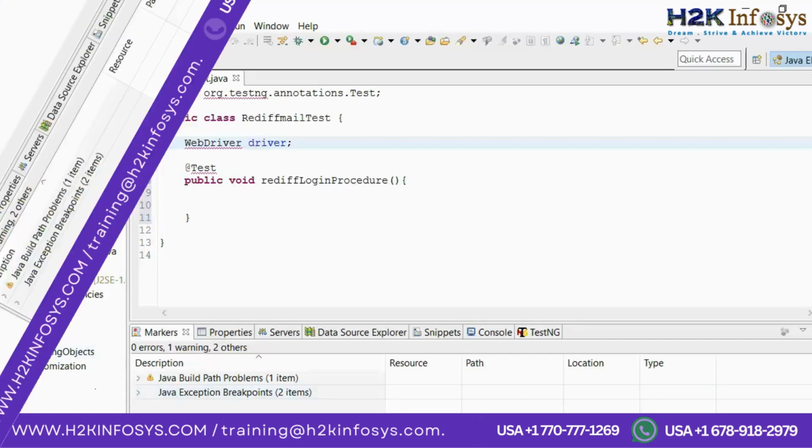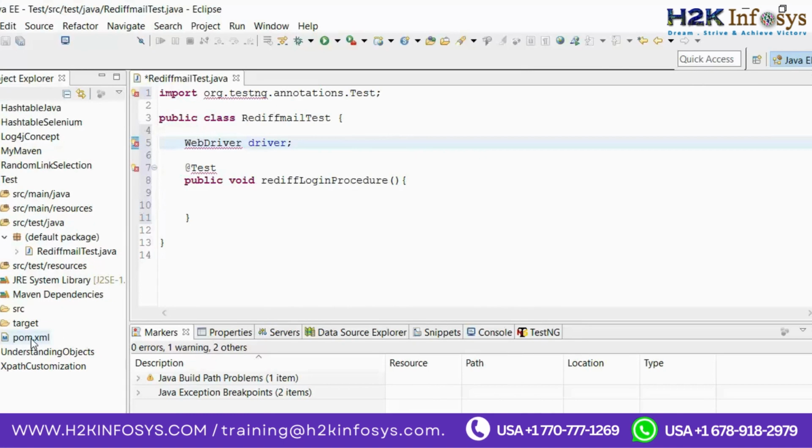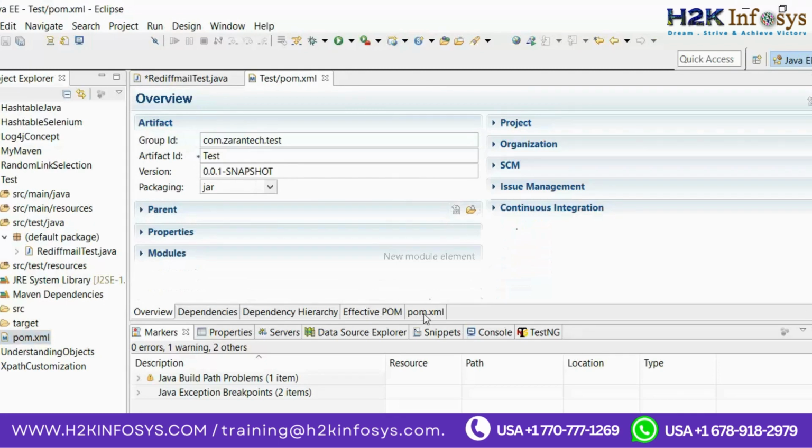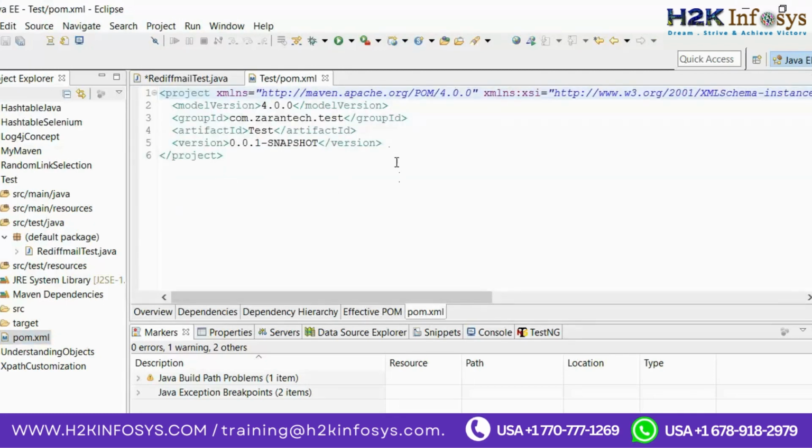If you see in this particular project, the pom.xml file is considered the heart of Maven. In this pom.xml file, I will define the dependencies inside the project tag. If you see out here, whatever group ID I had given is coming out here, whatever artifact ID I had given is coming out here, and the version is also coming out here. After this, within the project tag, I have to define the dependencies. When I define the dependencies inside the pom.xml, the jar file automatically gets downloaded, and the project is automatically configured with those jar files.